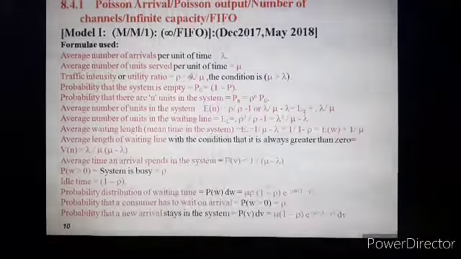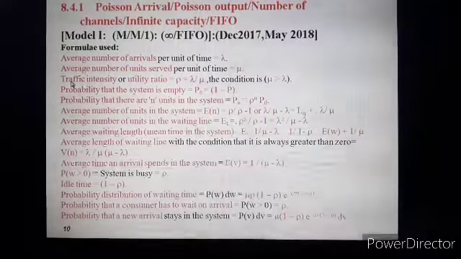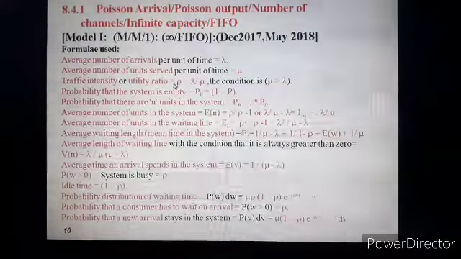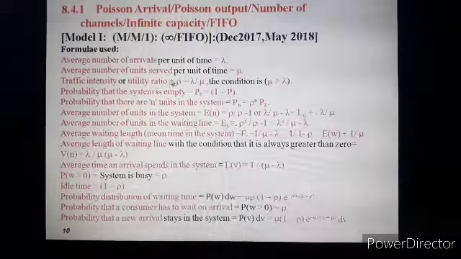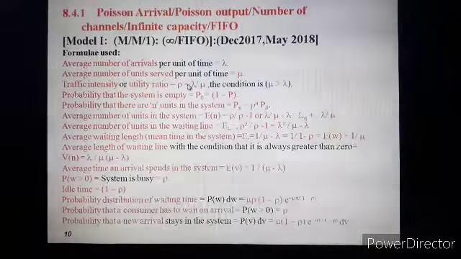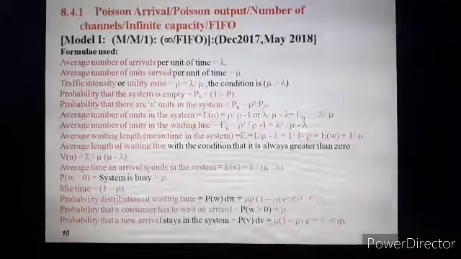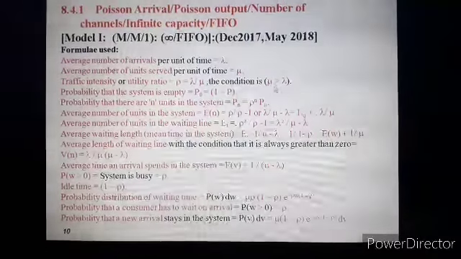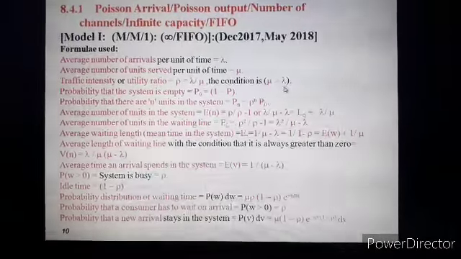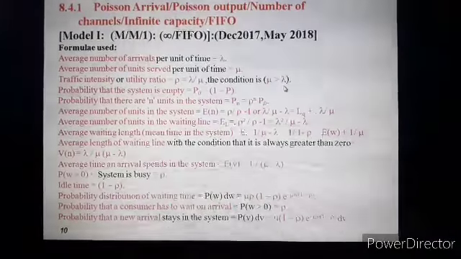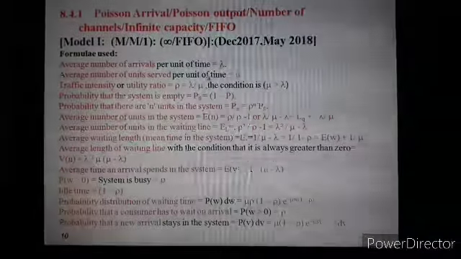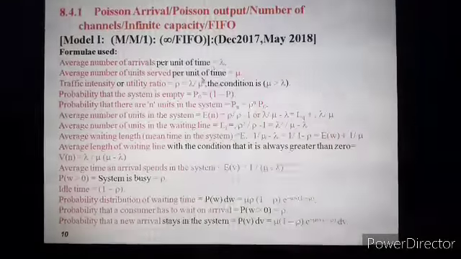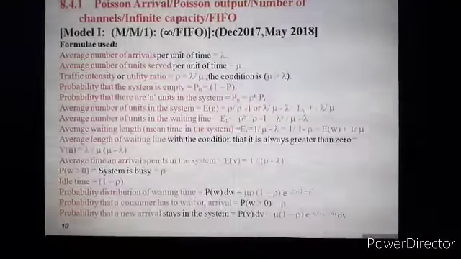Again, the relation between lambda and mu is defined by traffic intensity or utility ratio. In the previous lecture also we discussed this term. This traffic intensity or utility ratio is denoted by rho, and rho is equal to lambda by mu. And we must always satisfy this condition, that the service rate should be greater than the arrival rate, or mu should always be greater than lambda. So these are the three important basic relations or variables in any model, and we have to refer to all these variables in our next discussion, in the discussion of all the remaining queue models.